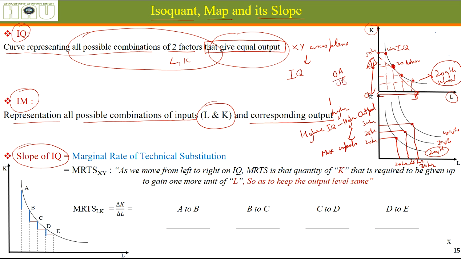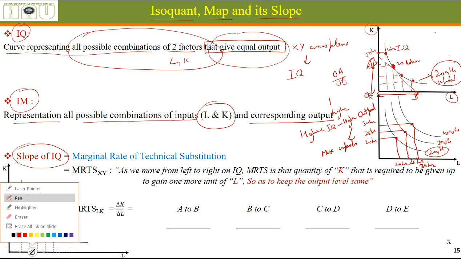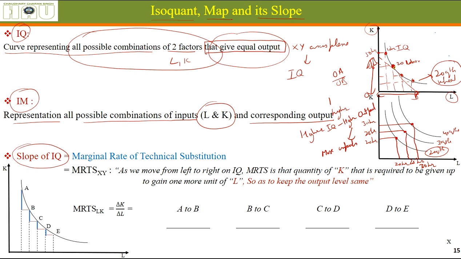Alright. But as you see, if we draw different lines at different points on this graph, at this point the slope was OA by OB. At this point the slope is OA dash by OB dash, and we can see that this value is lower than the earlier value, because the numerator has reduced and the denominator has increased. So that's why we can see that if we move from left to right, the slope is reducing.